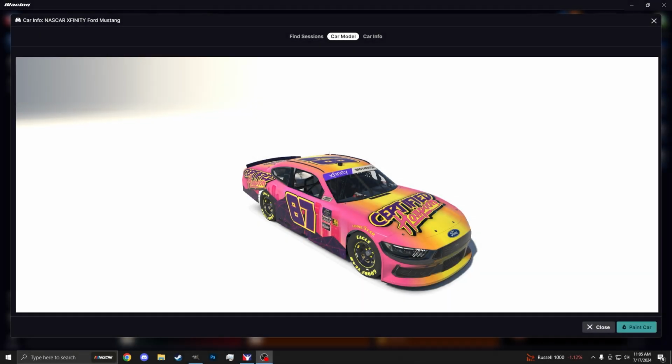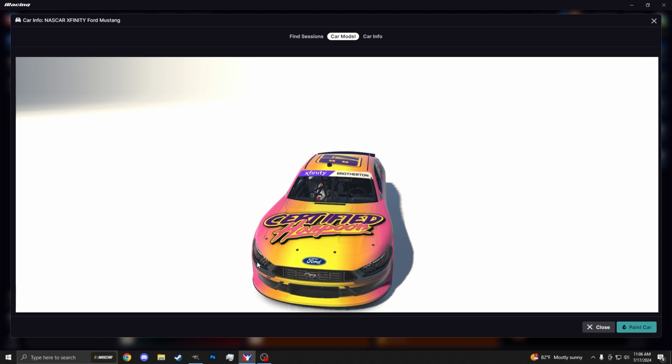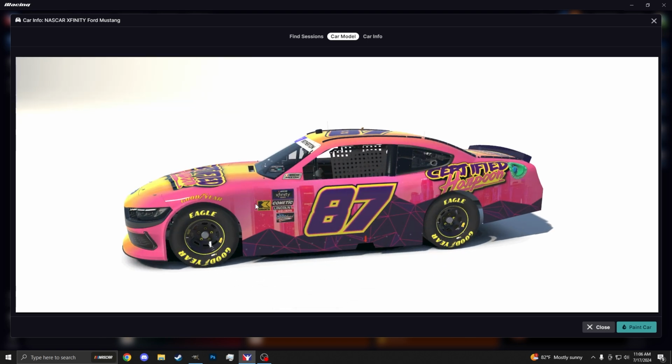Hello again. Had a lot of requests come through wanting me to showcase my process for converting paint schemes, liveries that are on one vehicle for use on another vehicle utilizing GIMP. So today I'm going to be taking you through converting this certified Harpoon Vaporwave machine from a Ford Mustang to a Chevy Camaro. I'm going to show you all the things to look out for in that process and how